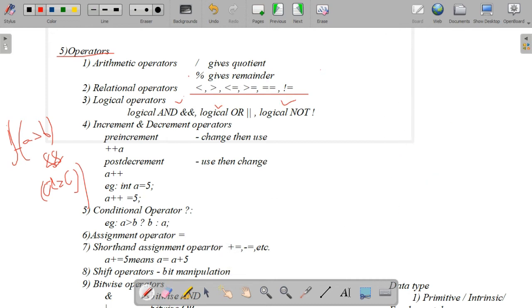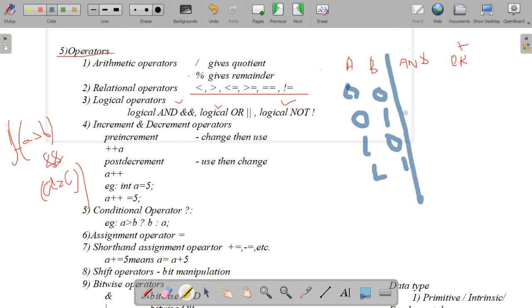So logical AND means the same as how we have done the truth table for the AND operator. AND is indicated by the multiplication or dot operator. Then OR is indicated by the plus operator. So you will get the same answer here also. If you are drawing a truth table for A and B, you will get the same. The inputs are 0, 0, 0, 1, 1, 0, 1, 1.